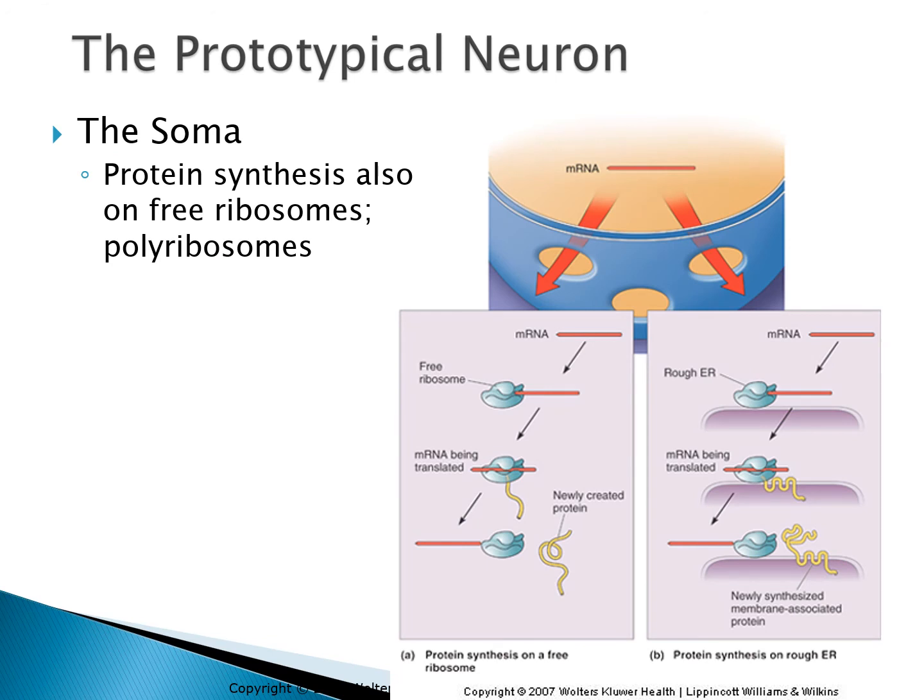So two different places you're going to have it happen. Some we're going to have on free ribosomes. You notice here we've got a newly created protein, but it's not packaged with a membrane. So this is a protein that's going to float around in the cytoplasm. So it'll modulate some things, it could regulate some different things, but it's probably not going to insert itself in a membrane,